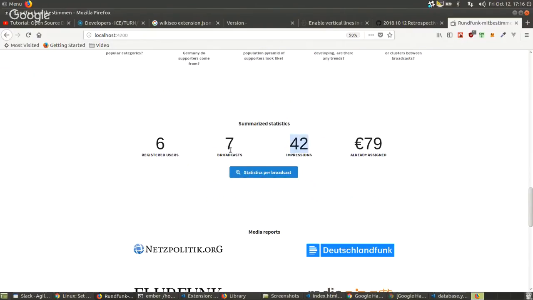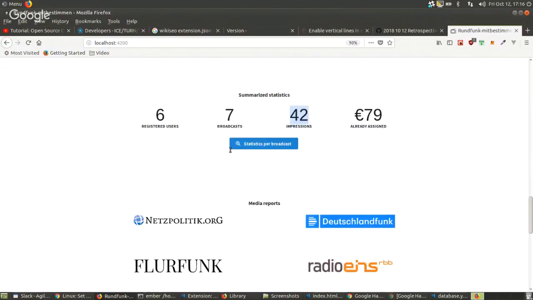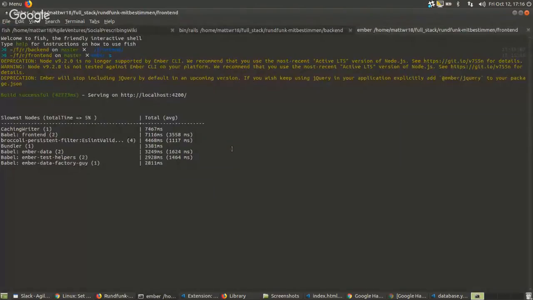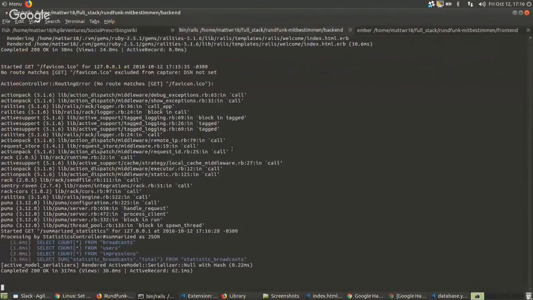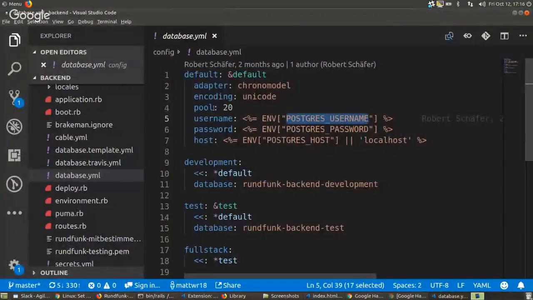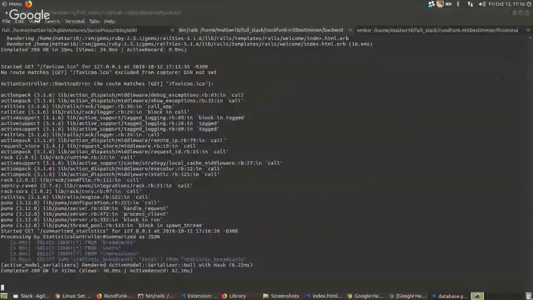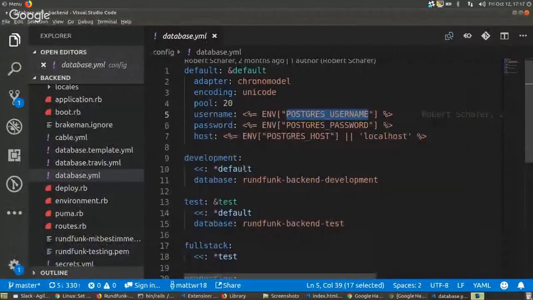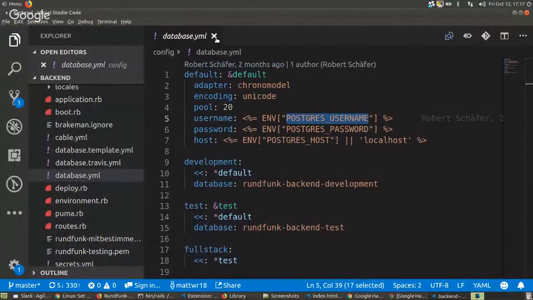And there's 42 impressions. Okay, it makes sense. All right, so that fixed my issue, I think. Woo! Now I have environment variables. I guess I have those .env files here that I don't need. But yeah, cool. So that's done.